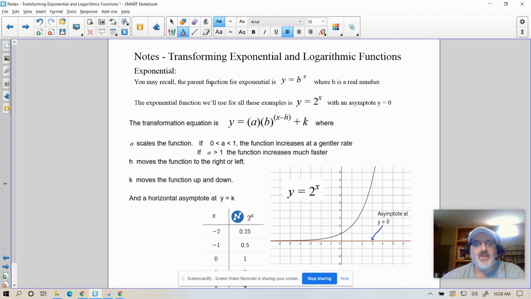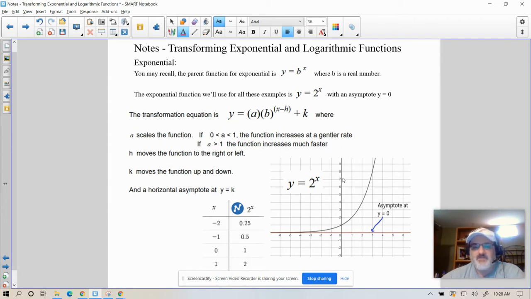You may recall the parent function for exponential is y equals b to the x, where b is any real number. In this case, I'm going to be making b 2. So the base is going to be 2, and the exponent is going to be x. All right, so you may recall that an exponential function y equals 2 to the x has an asymptote at